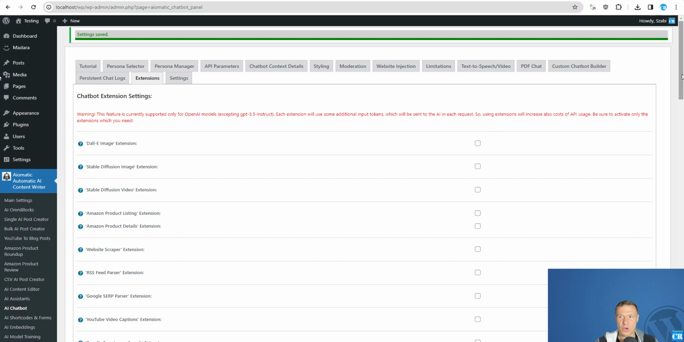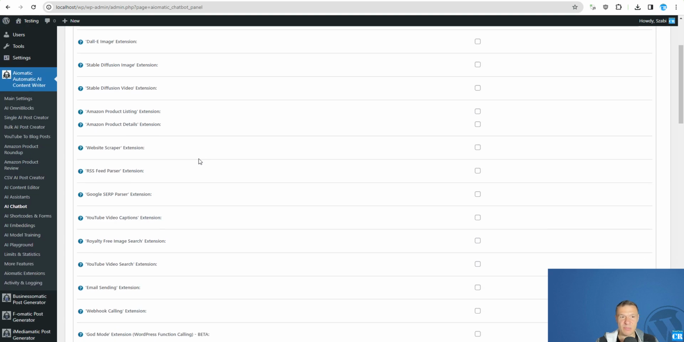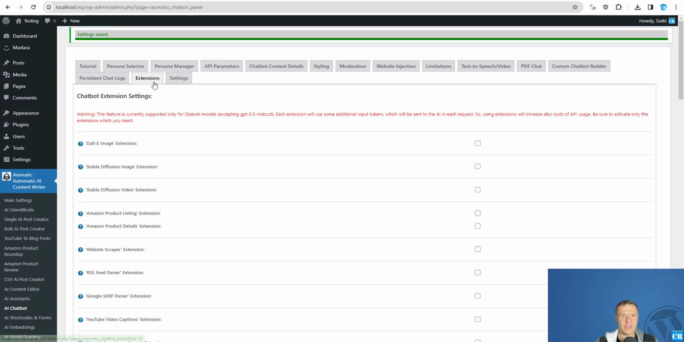So if you are using Aimogen's chatbot, you're in luck because it got extended thousandfold. It is now able to do many cool things. You will find in the latest update the extensions tab of Aimogen, which will enable it to create images, to create stable diffusion or DALL-E images, to create stable diffusion videos, even to scrape Amazon products, to scrape websites, to